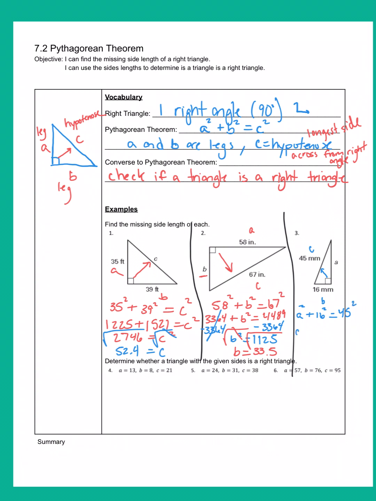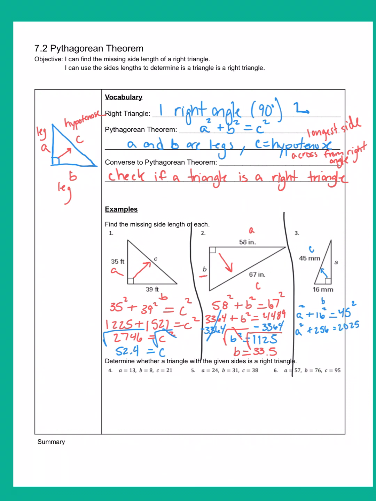And a, we don't know, so it's going to stay a squared. And then we'll do our 16 squared, so 16 times 16, and that's 256. And then we'll do our 45 squared, 45 times 45 is